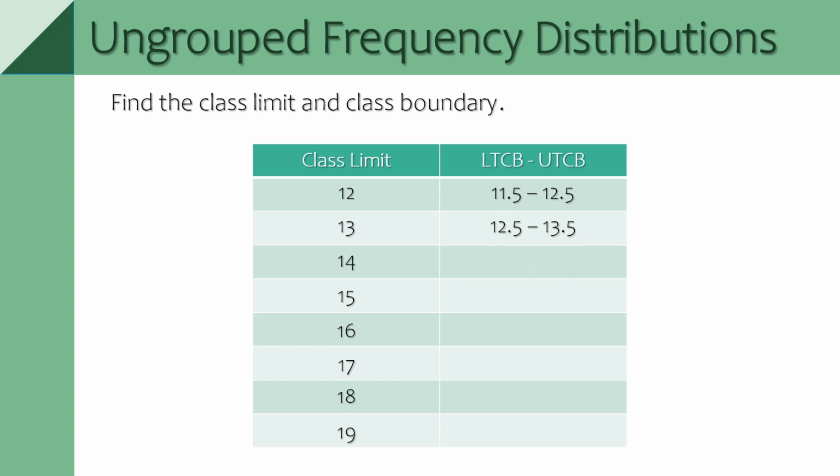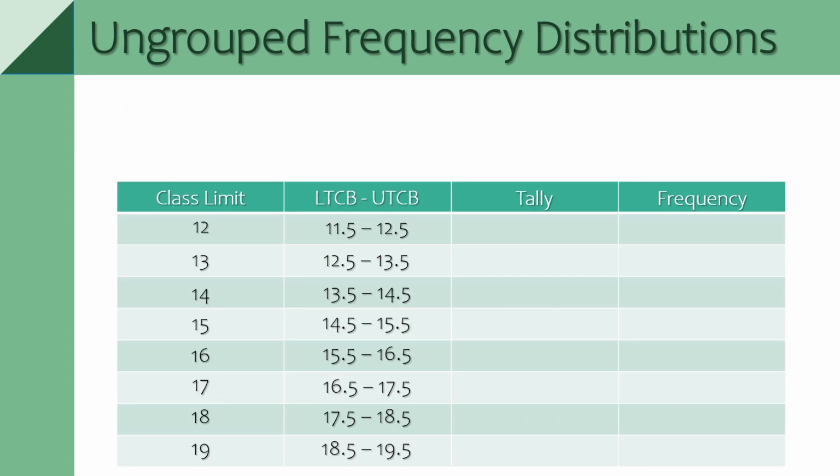Next is 12.5 to 13.5. 13.5 to 14.5. 14.5 to 15.5. 15.5 to 16.5. 16.5 to 17.5. 17.5 to 18.5. And 18.5 to 19.5. So that is how we construct the class limit or the classes and then the class boundaries. Okay, so next,